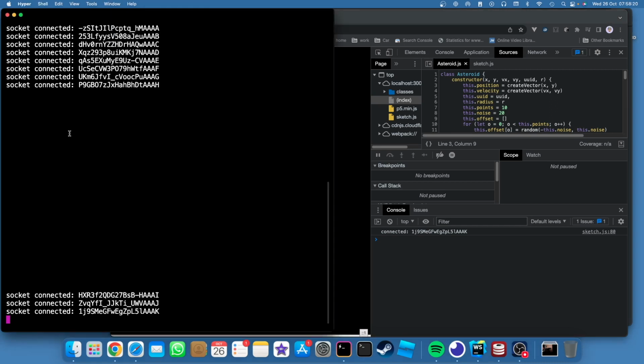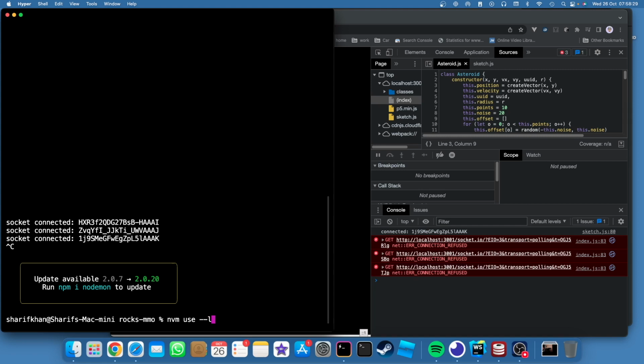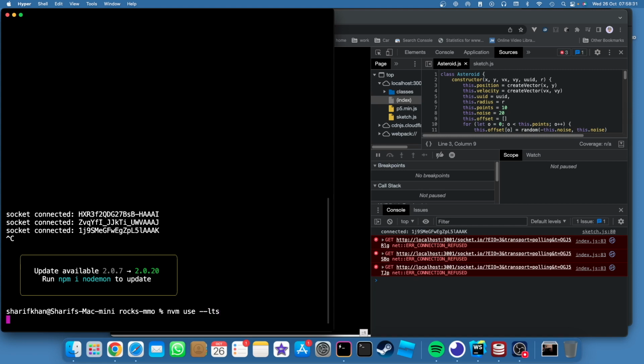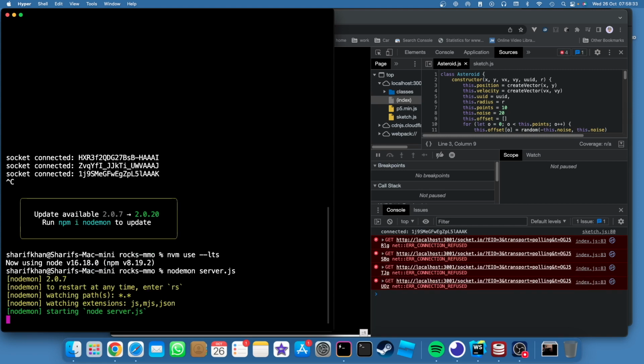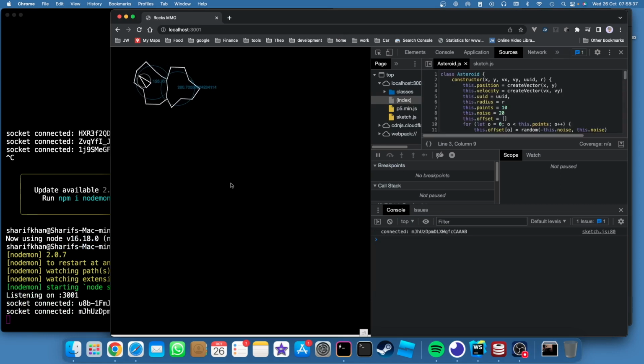So if I just reload, actually, I need to keep remembering to do this. Okay, so if I just load that again, and then if we reload that, so the asteroids begin at that